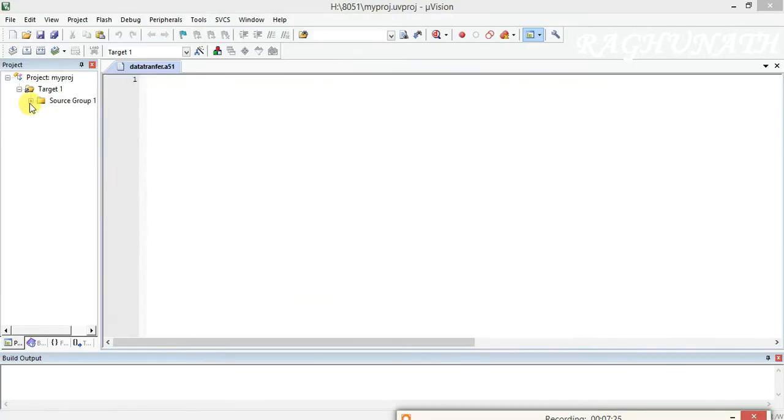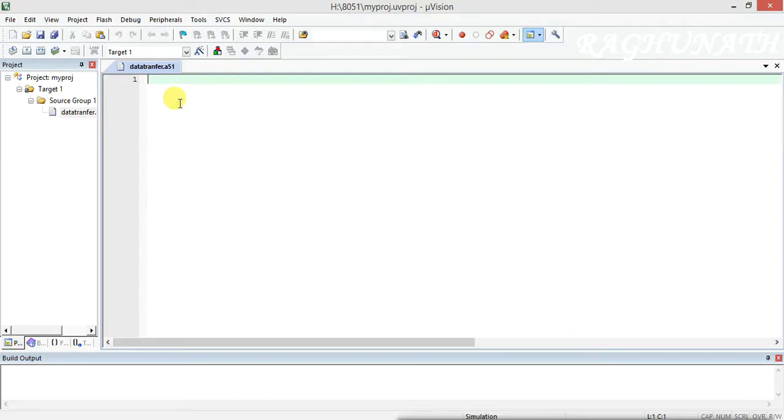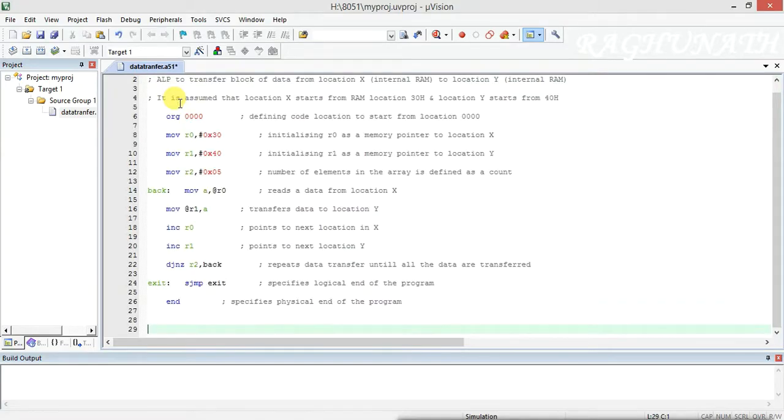Now if you click this plus button, you will see this data transfer file. Nothing is there yet, so here you have to type the program. I have a program, so I am pasting it.